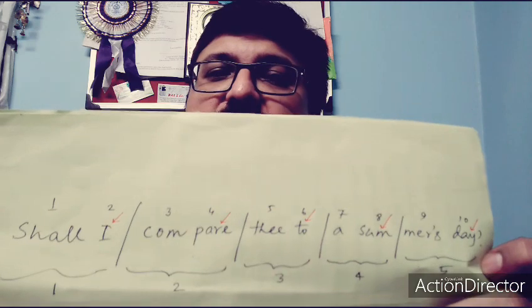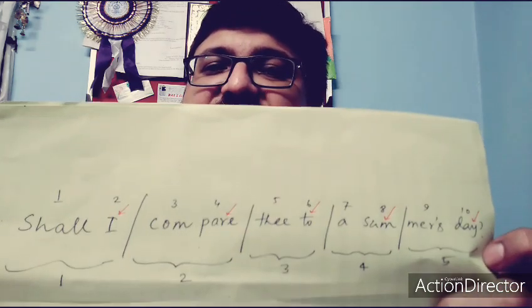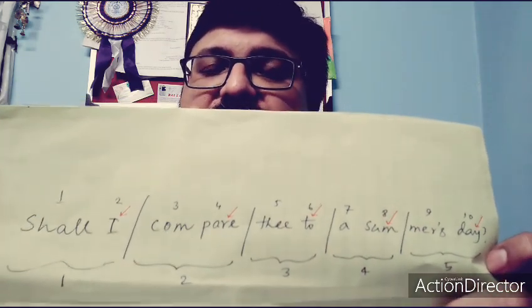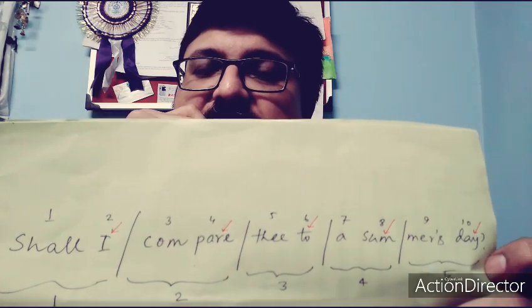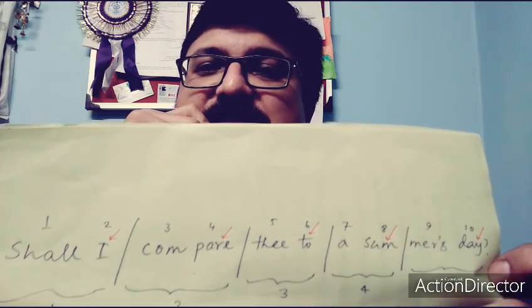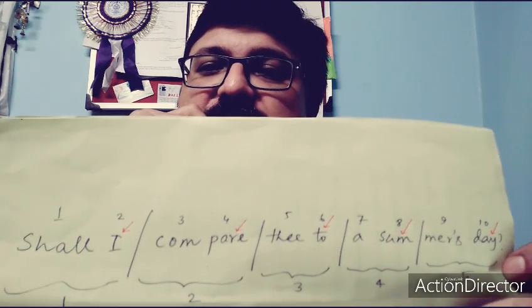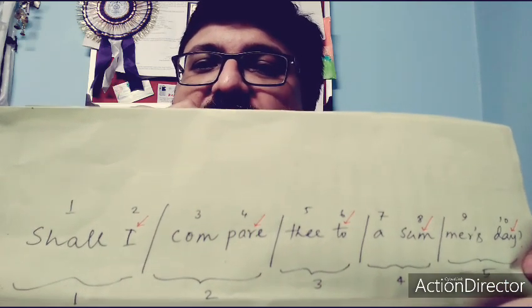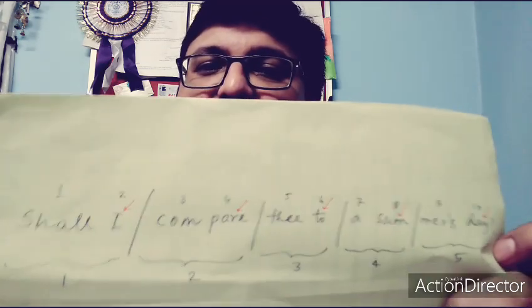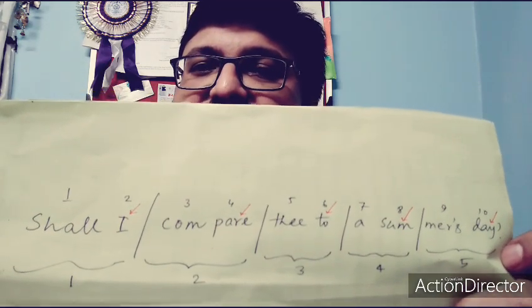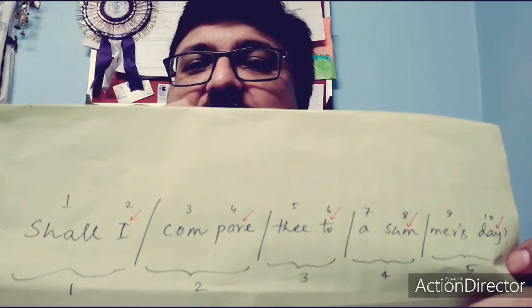Each pair is called a foot. So a sentence consists of 5 feet. So it is called pentameter. Penta means 5. A sentence has 5 feet. Each foot contains 2 syllables, and the red arrow mark indicates the accent or the stress. So the stress or the accent is always on the second syllable, right? So this is the iambic pentameter